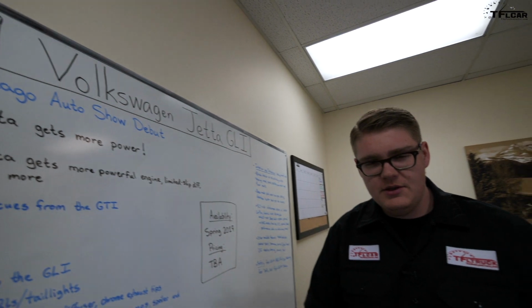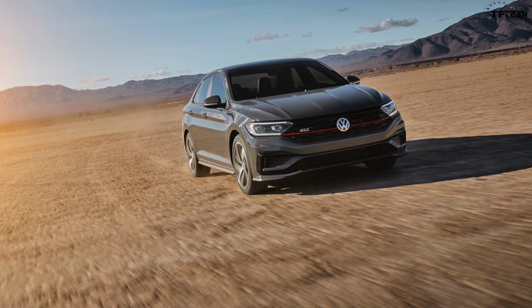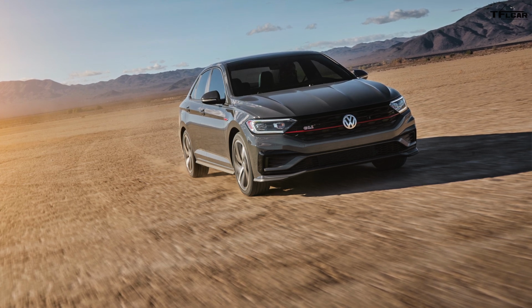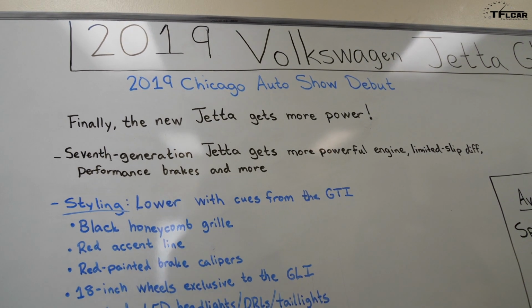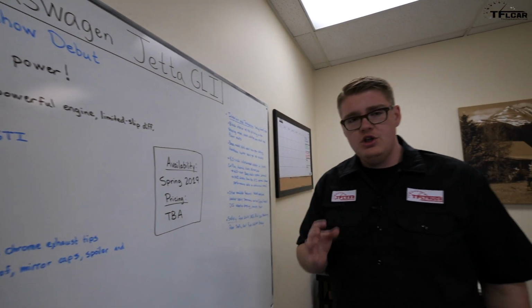Breaking news from the 2019 Chicago Auto Show, Volkswagen just unveiled the 2019 Volkswagen Jetta GLI, the performance version. Finally, the brand new 7th generation Jetta gets more power and some other interesting performance upgrades. In this video, I'm going to tell you guys everything you need to know about the 2019 Volkswagen Jetta GLI,